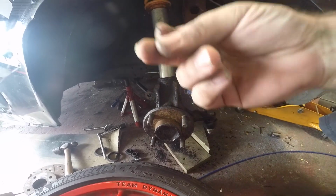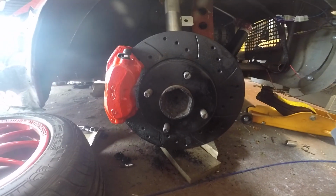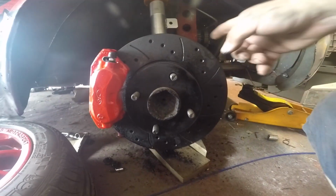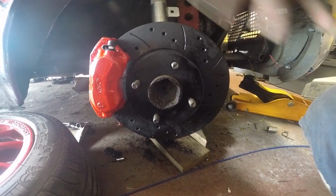By the power of YouTube. Oh my. Those calipers look amazing. And yes, I've painted the entire disc black because this disc is a bit rusty. I think it's okay, it's just I don't want it rusting anymore, especially putting the calipers on. I'll probably change the disc before actually driving this in anger, but it's just something, gets everything in place, so I can make sure everything fits. But those brakes, oh,